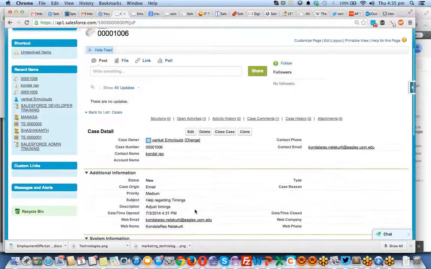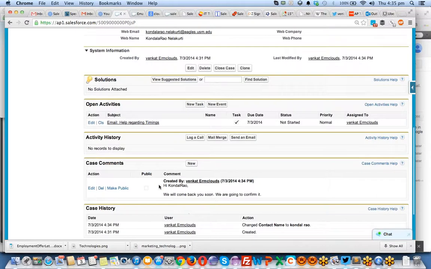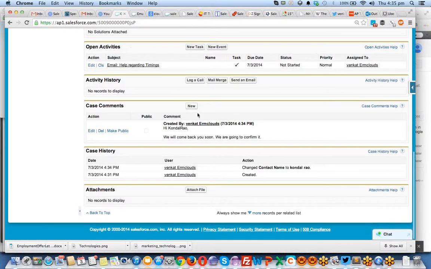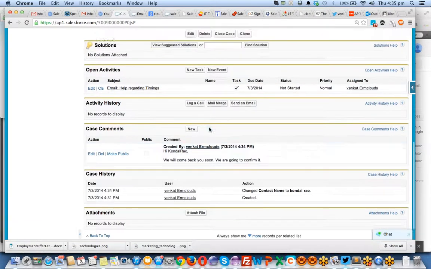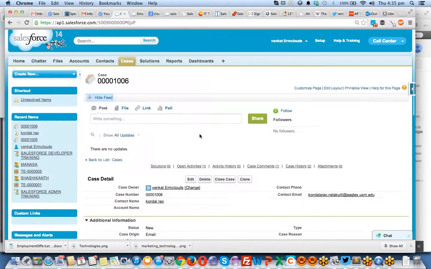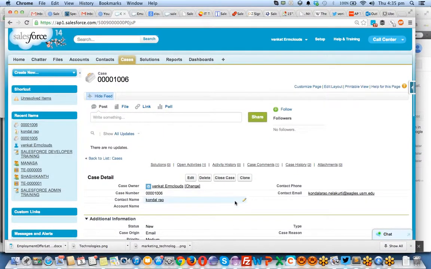what all you spoke in the earlier calls, he can see it. He can see everything in the open activities and the open case comments, and based on the previous case comments, he can talk to you. The customer care support guy who is talking to you the fourth time may be a different person also, but he knows everything about you by seeing these open activities and case comments and history of this case, and what all products you got from this company. Okay,